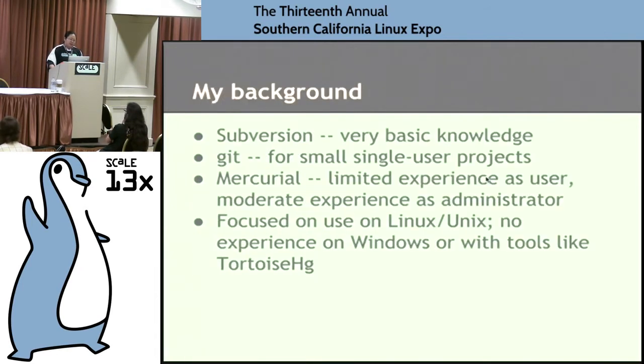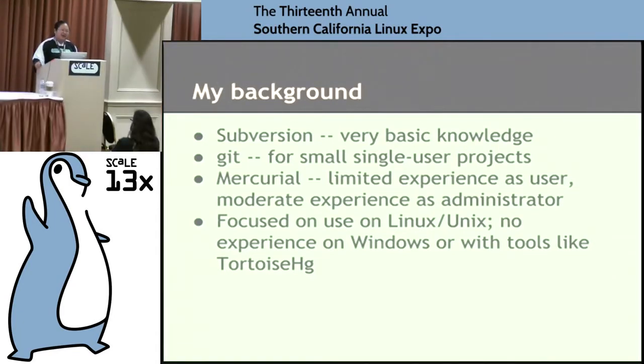So I always like to put in a disclaimer. I'm not a version control expert. A lot of this I learned on the job, and I learn what I need to learn to do things. And I always feel slightly guilty that for my users, I only ever support them on Linux or Unix. I've never had a reason to run Windows. I don't run Eclipse. I don't run TortoiseHg, so I can never help them off the top of my head. So apologies to all you Eclipse users that I failed to help.